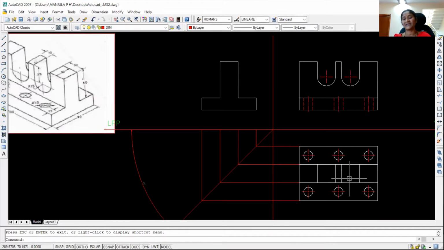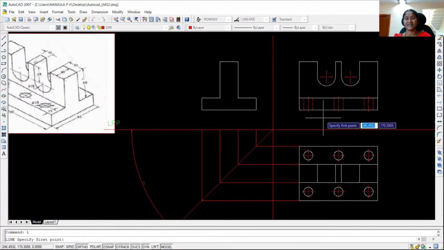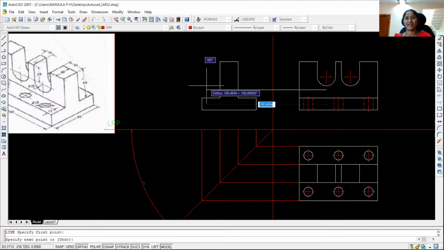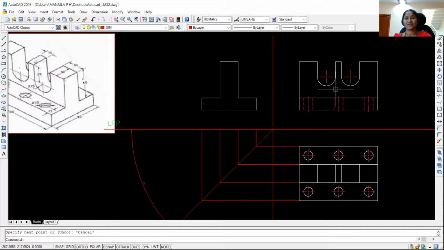So to draw it, select the line command, type L, enter. From this base point, you draw a horizontal line to the side view. Okay, now you trim the extra length of lines: TR, enter, enter. You trim off the lines. Okay, so this is not required. This line I cannot trim, so you select it and delete it.